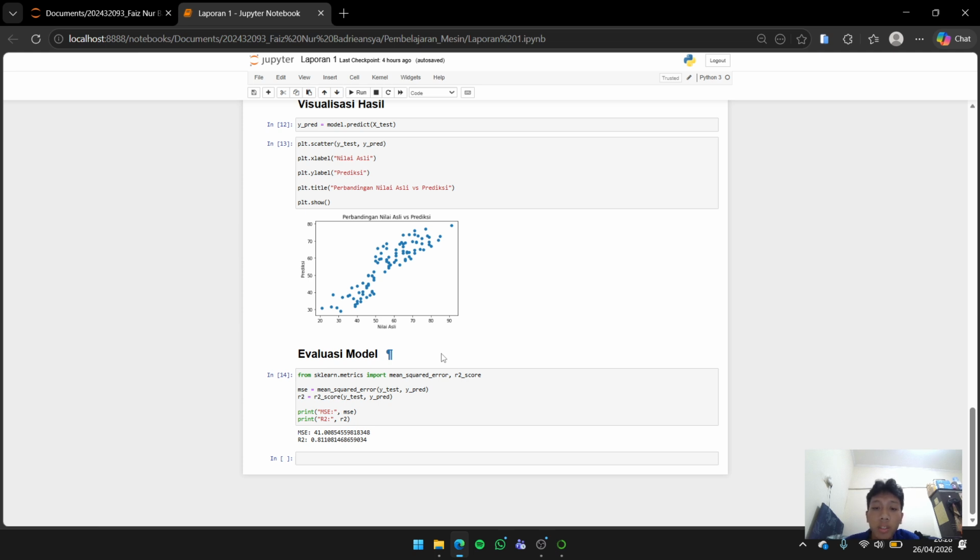MSE means the average squared difference between predicted and actual values, while R squared indicates how well the model explains the variance in the data. The result shows that the model performed reasonably well, although some prediction error still exists.